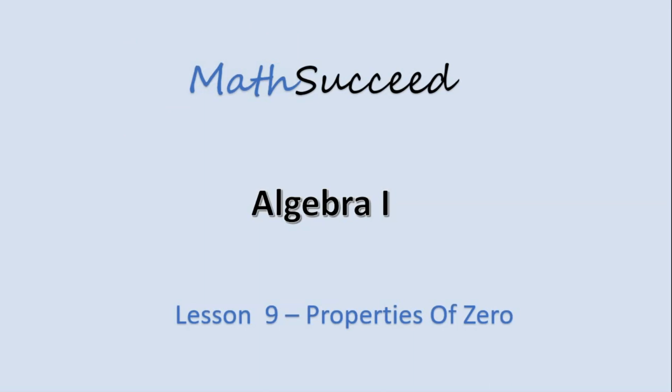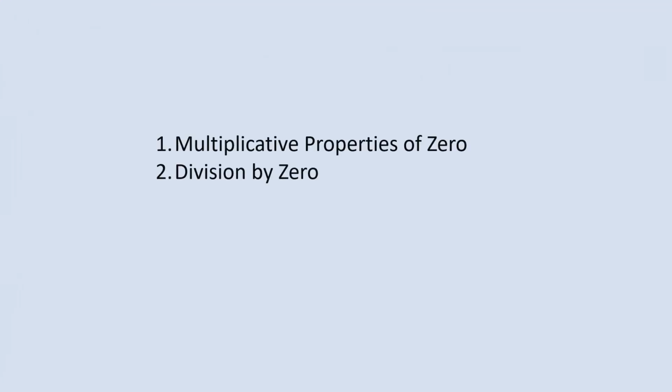In the last lesson you learned about rules of multiplication and division, and I talked about both positive and negative numbers except 0. In this lesson you are going to learn about special properties of 0. After completing the lesson you should be able to recognize these special properties in algebraic expressions. So you are going to learn about multiplicative properties of 0, division by 0, 0 divided by 0, and division